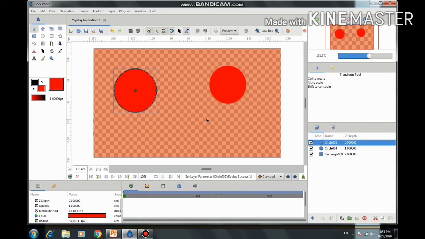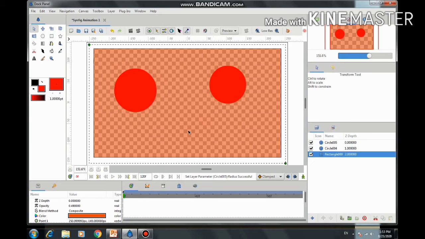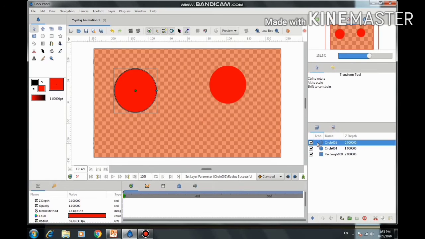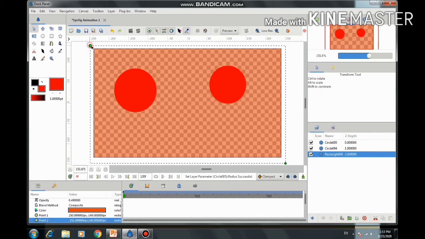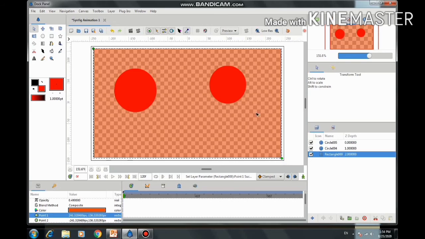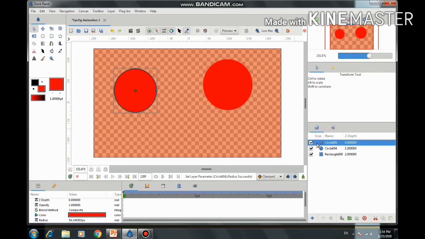Now suppose a duck is not visible, then either I have to click on this circle layer or simply click on this transform tool and select that layer, and automatically you can see the ducks of the different layers we have created. Suppose here I am selecting the rectangle layer, I can see the ducks of the rectangle. So suppose I am selecting this circle layer, I can see the ducks of this circle.